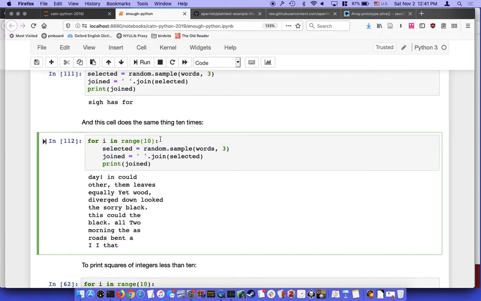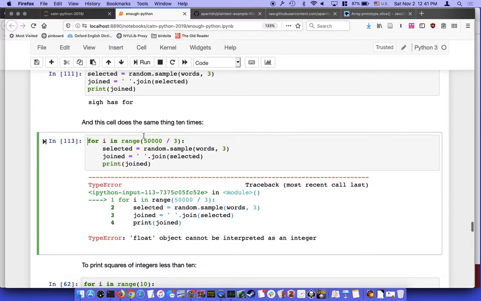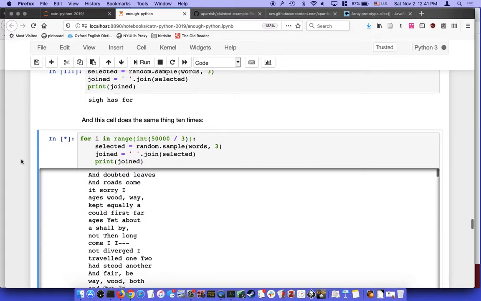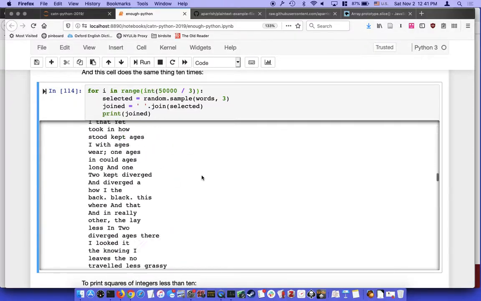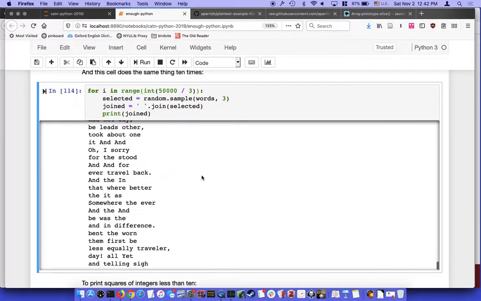If I wanted to do that 50,000 times to have a novel, so that I ended up with 50,000 words, there are 3 words per line, so I would do this 50,000 divided by 3 times. It won't let me do that because this has to be an integer, so just convert this to an integer. So now it did that enough times that I would end up with 50,000 words, plus or minus 3 words,